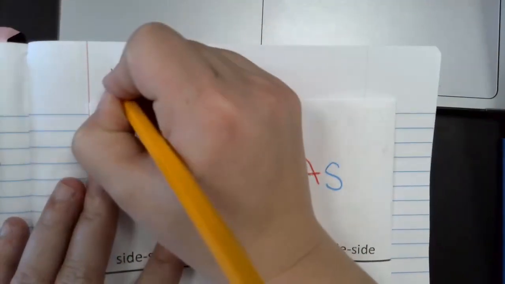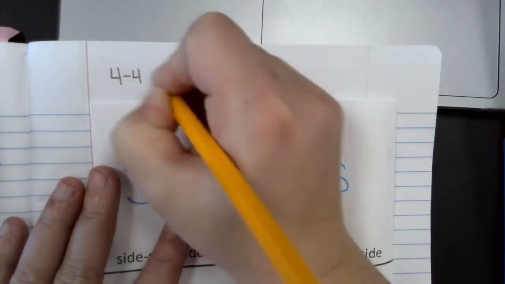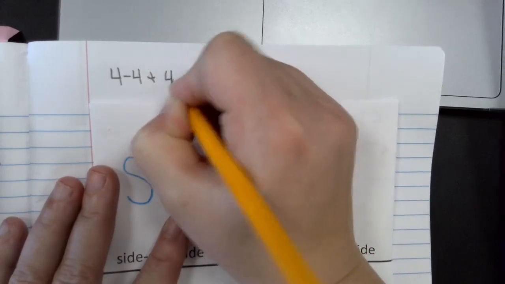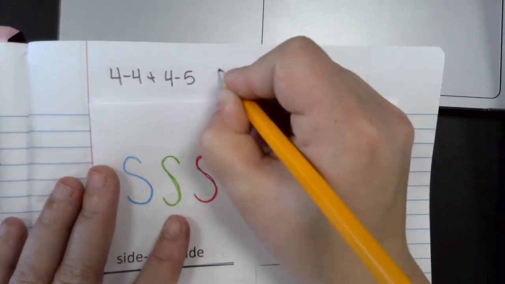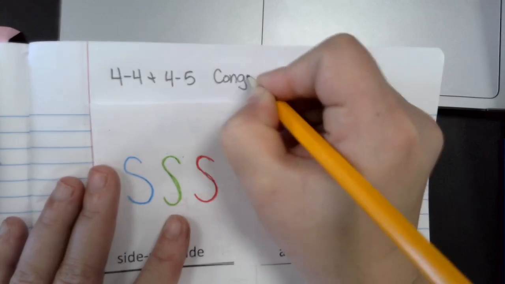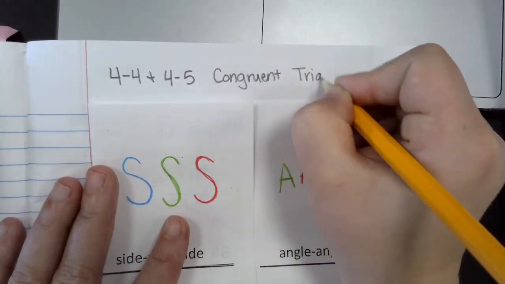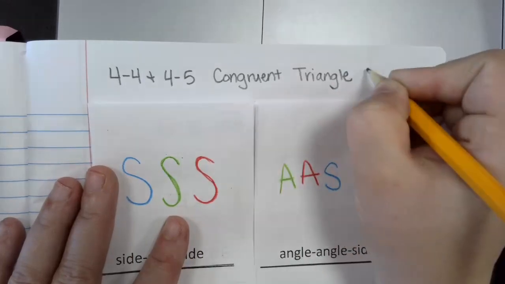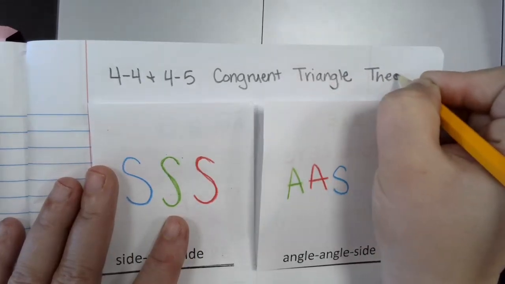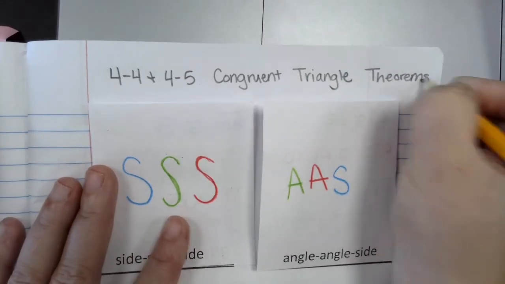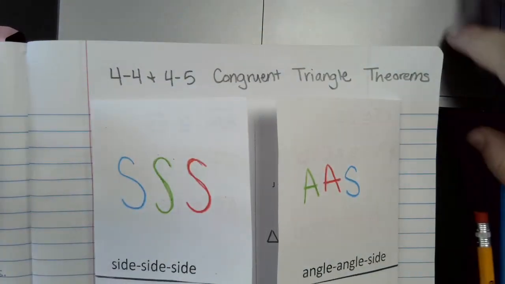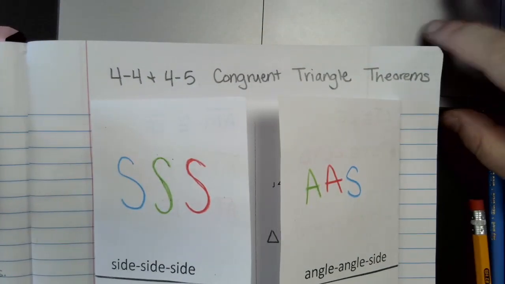If you don't care, that's your choice. But this is 4-4 and 4-5, which is congruent triangle theorems. And then you can go ahead and get that glued in, and then once you have that glued in and you have it